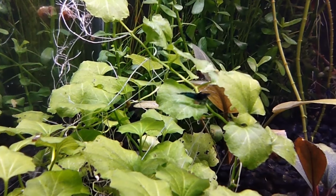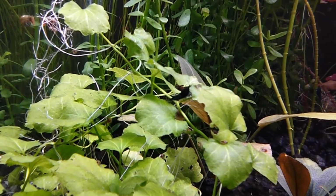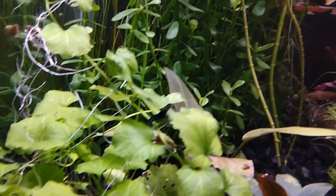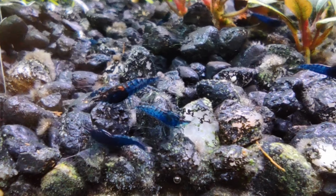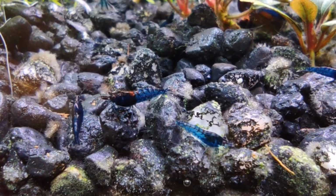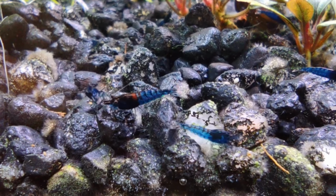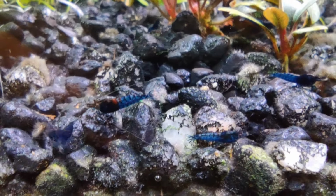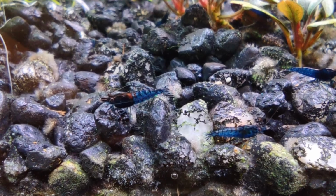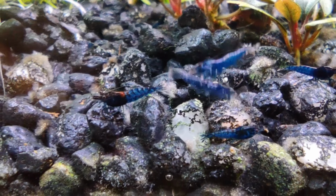I also have quite a few blue dream shrimp in here, which sometimes will molt and turn black, and then they will molt again and turn blue. And there's one that has some red on it. I get a few of those from time to time, even though they've never been mixed with another color of shrimp while I've had them. And I kind of thought something might be wrong with the ones like that, but I haven't really noticed anything